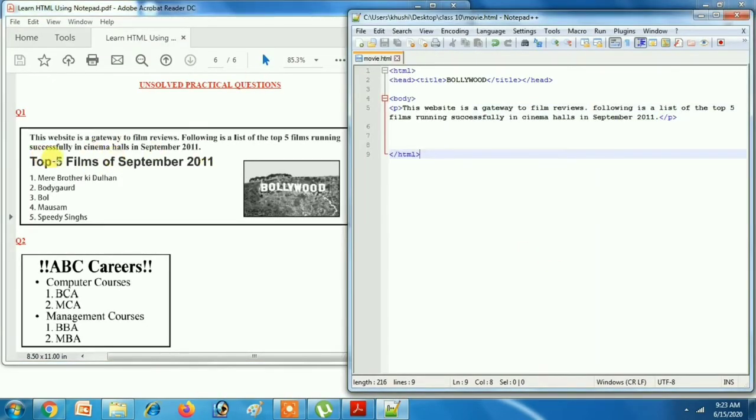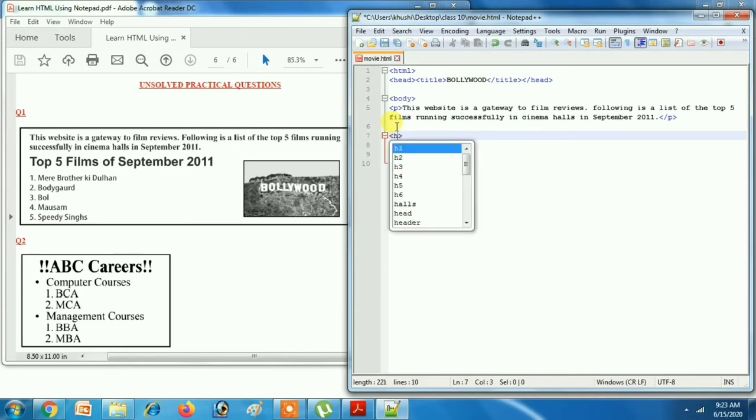Now let's again come to the screenshot. This is H1 heading. So we will write H1 heading over here. H1. Okay. Top 5 films of September 2011.